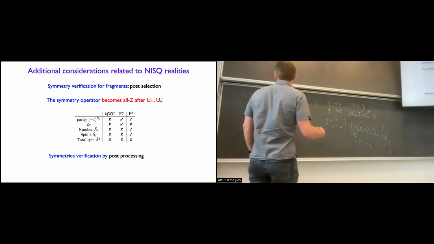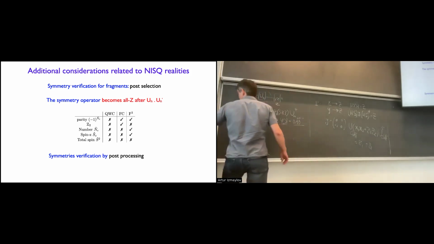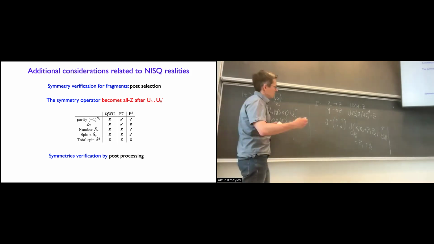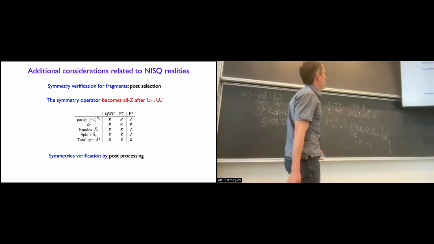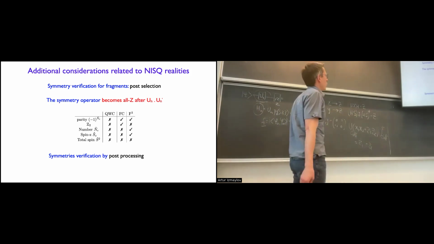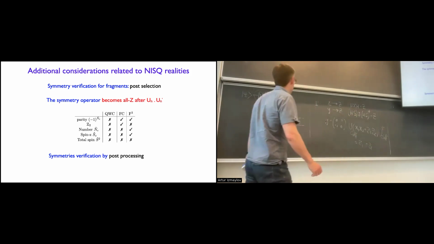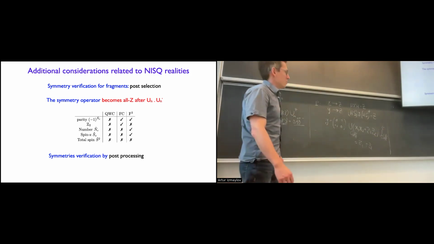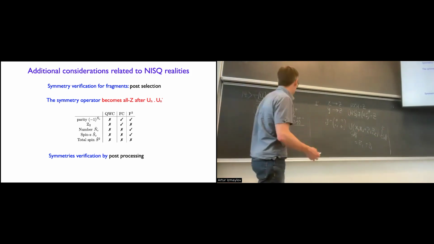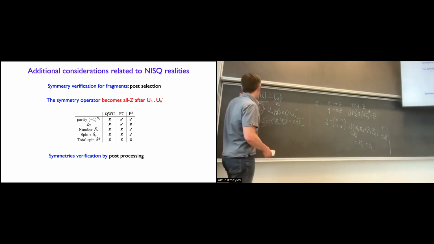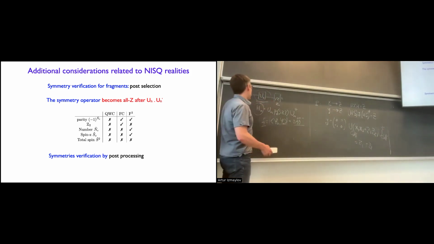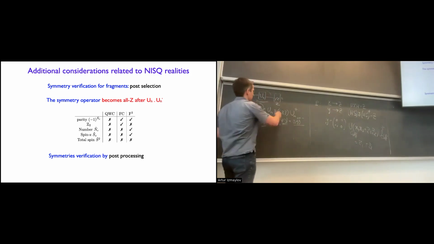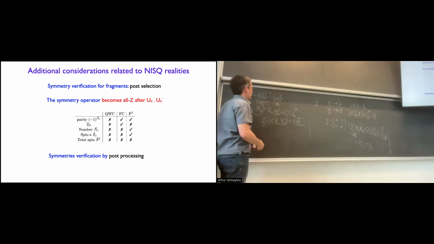So one of the most straightforward ways of doing error mitigation is to recognize that if something happens to the function that you prepare, before the measurement or during the measurement,